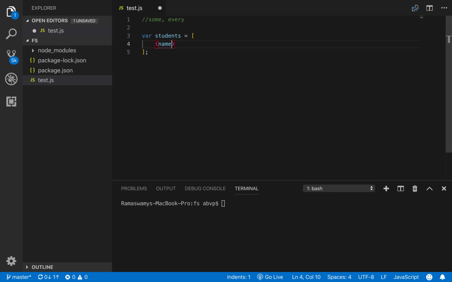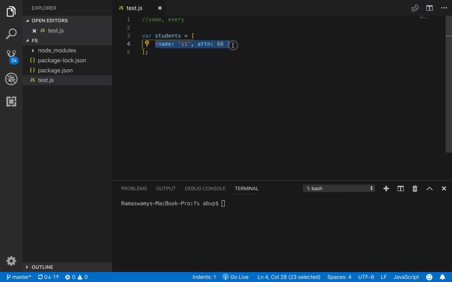So let us have name and attendance. So let us have the value for name as, say, student S1 having attendance 68. Let us ensure that all the students have attendance greater than 65.